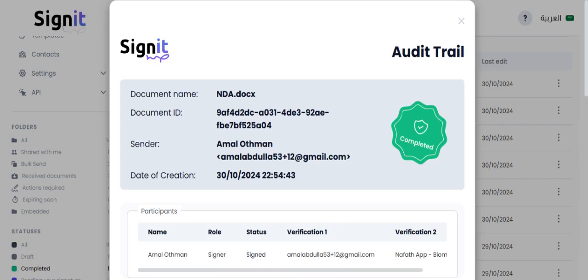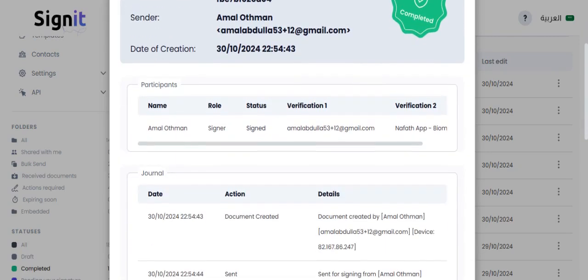So we have here the main information of the document itself, the date of creation, as well as the stamp of completion, and then we have the participants, which are the signers of the document or the approvers or the viewers based on their list. And we can see here if they have signed or not,